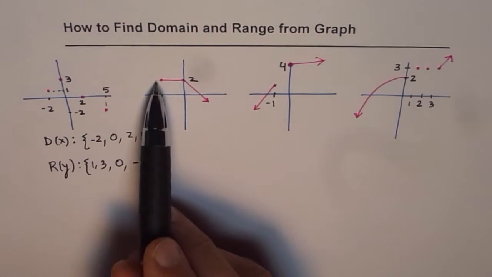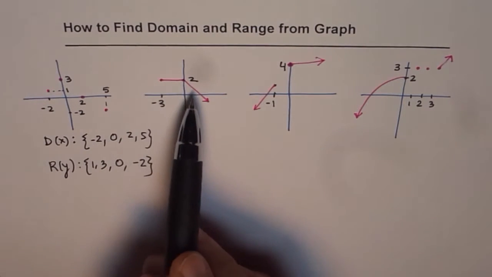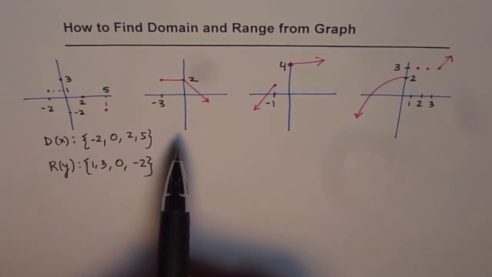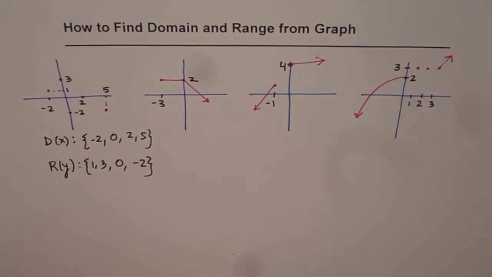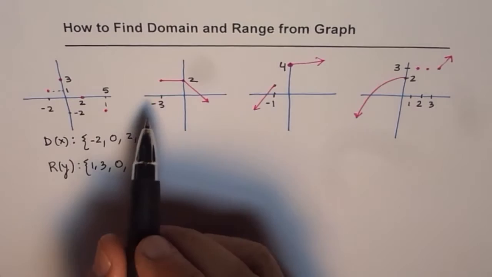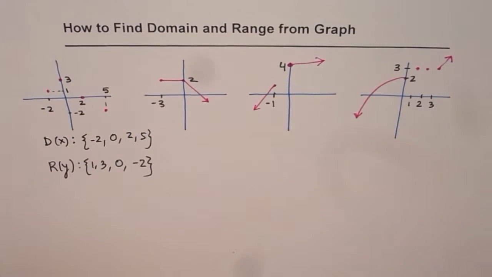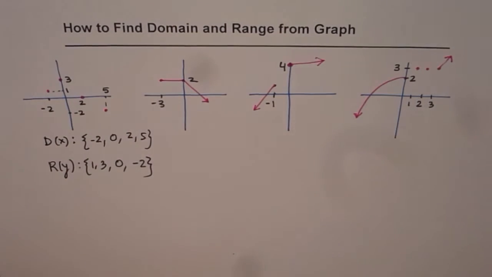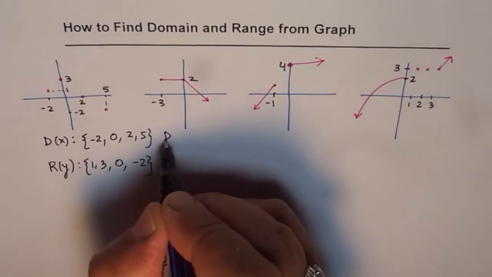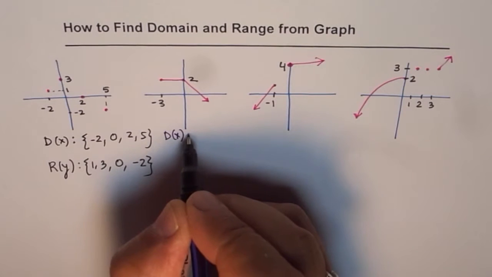So when you're connecting the points, the domain is a set of real numbers. The range also is a set of real numbers, right? So the domain here is everything which is greater than -3, right? So in this case, let me use another ink and write down the domain as,